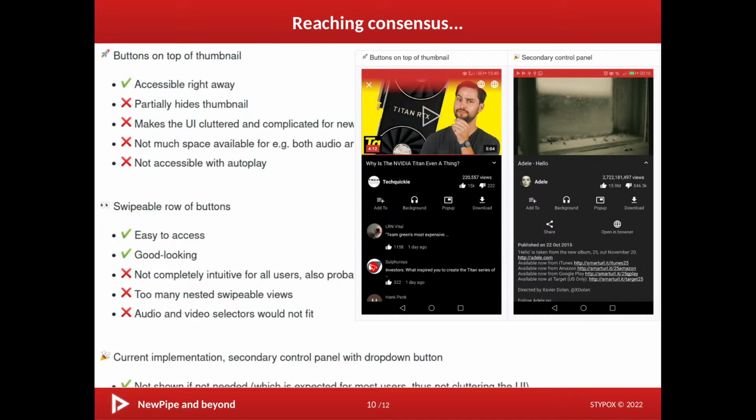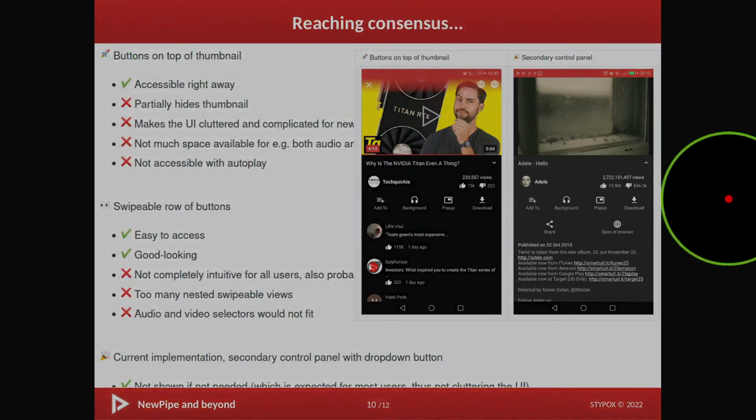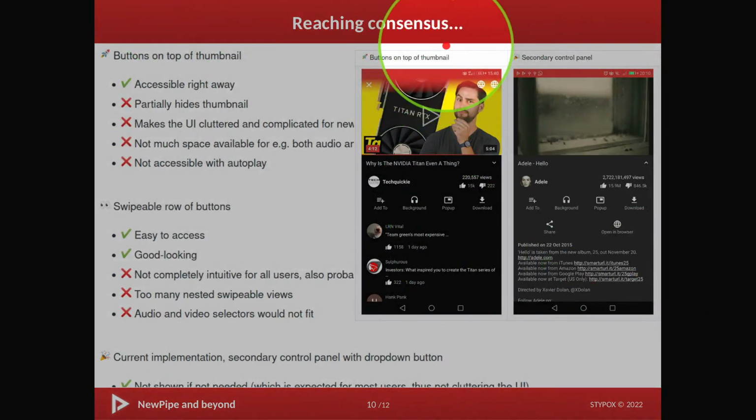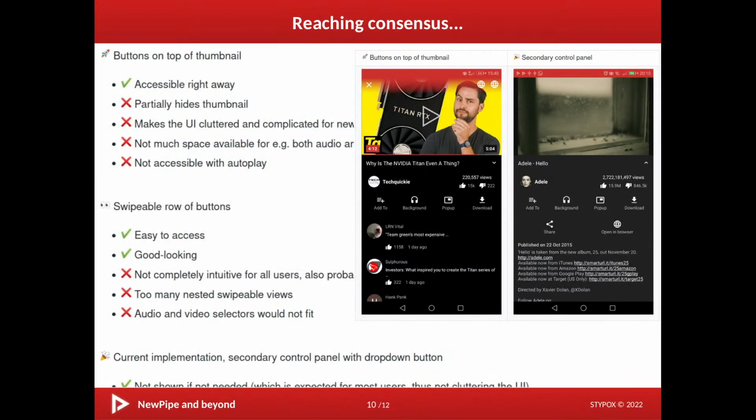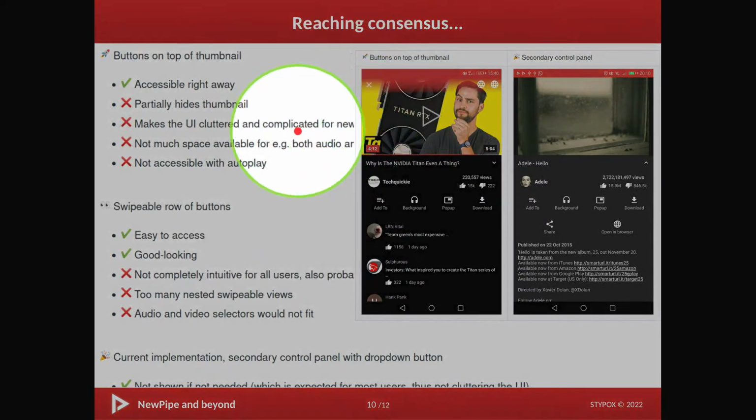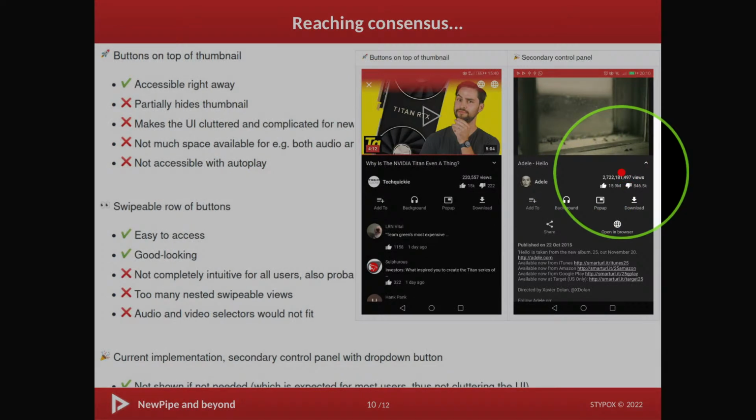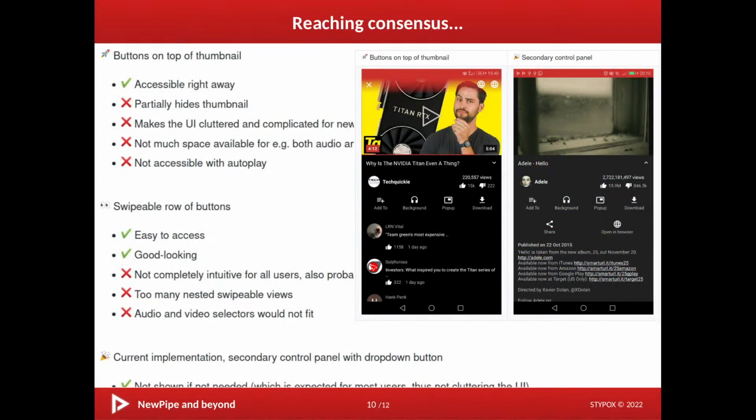One of them is about showing the buttons at the top, on top of the thumbnail, but it had some problems because they would disappear when you play the video. Another option was to put them in, like here, when clicking on that button you would get all of the other buttons below here. And users were all complaining about, I want this, I want that, I hate this,